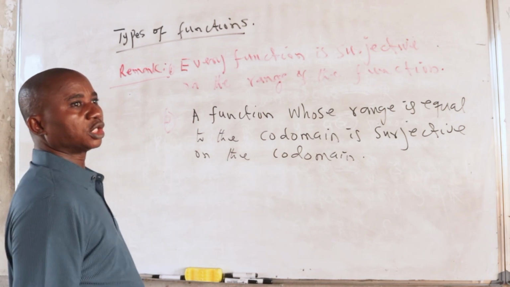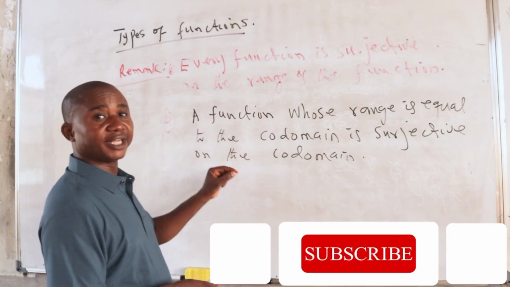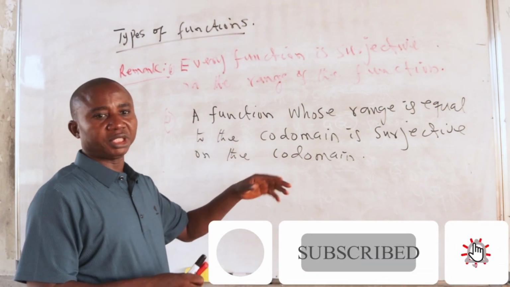So surjectivity on the codomain, if you know that the range of that function is equal to the codomain, then you have it for